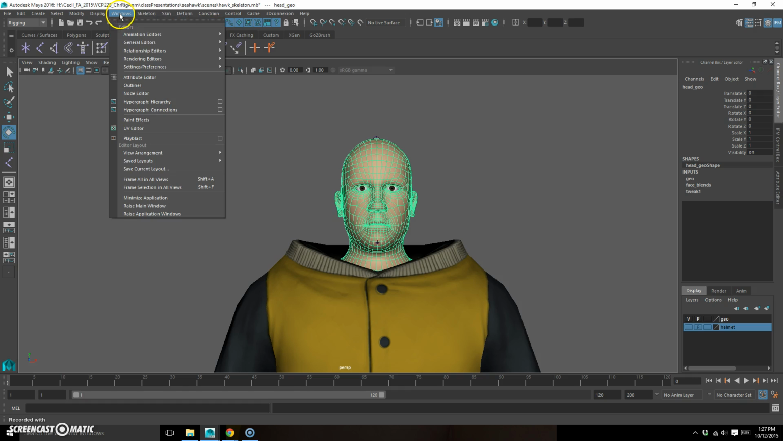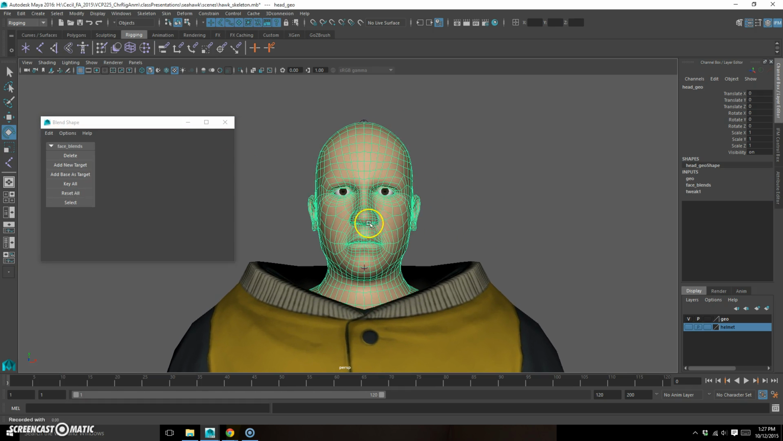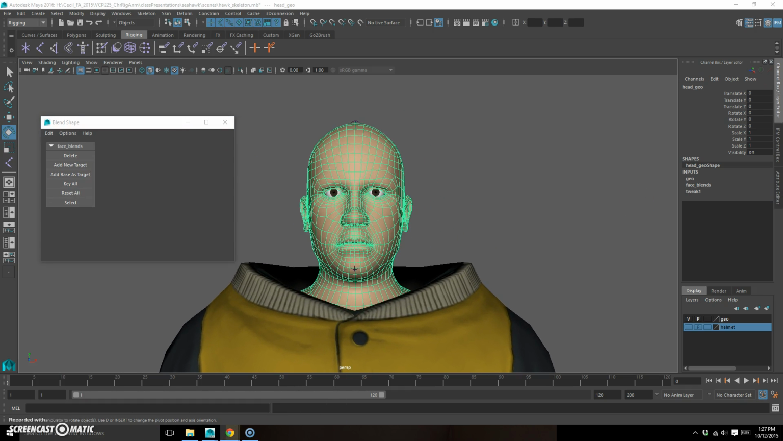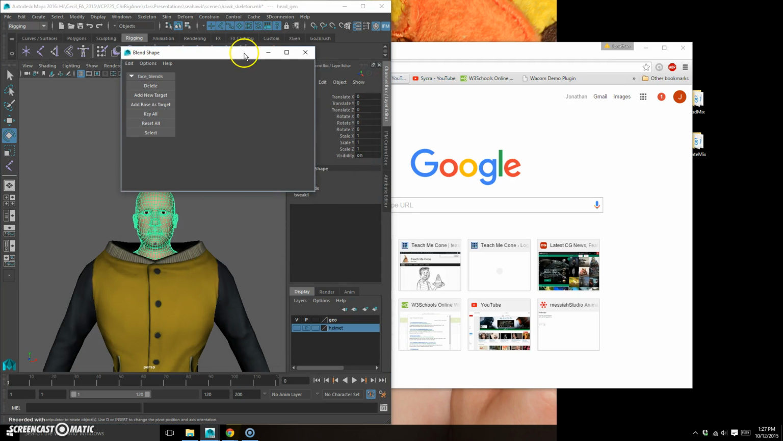So I'm going to go to Windows, Animation Editors, and Blend Shape. It's going to bring up a new window here. All right. Now, to know what you want to make your blend shapes of, if you go on to, come on, buddy, go over there. There you go. If you go on to my